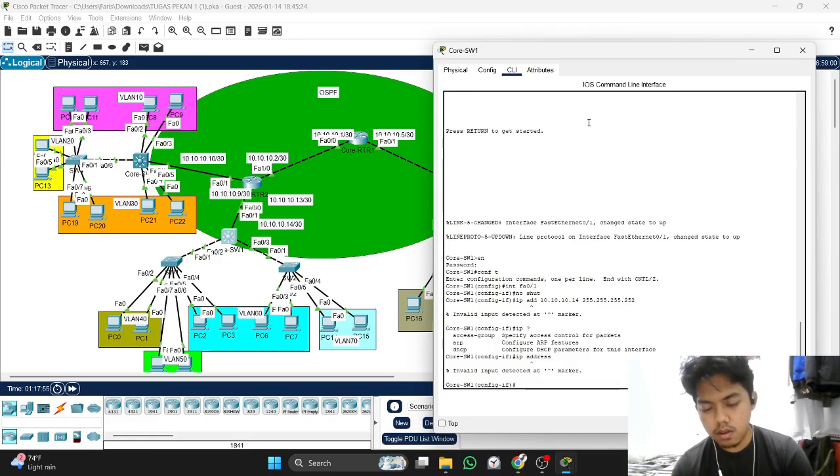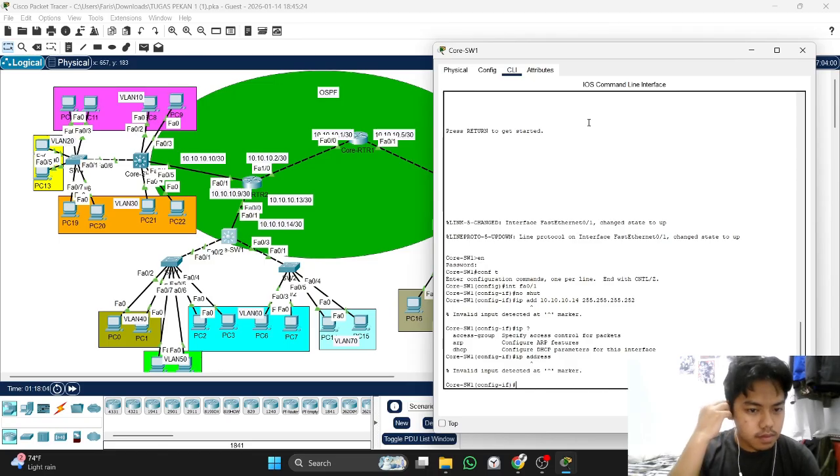Oh, so configuring IP address on MLS is not the same. If we need to trunk the